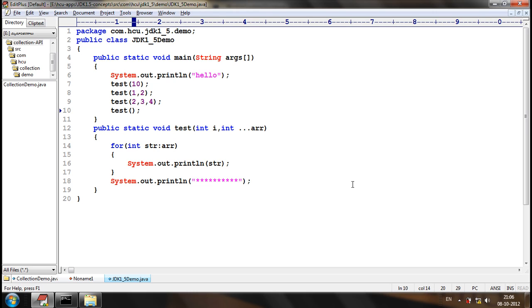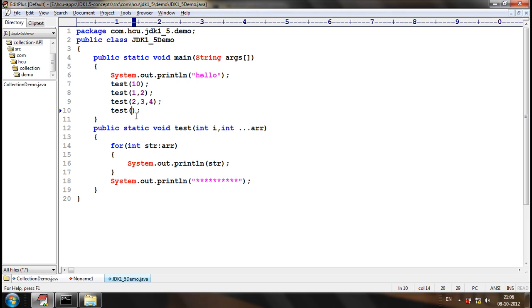To call this method, a minimum of one integer is required, just because the first is fixed. The first is not a variable number of arguments. The first argument is fixed, so at minimum we should pass one integer. After one integer we may pass any number of integers. Minimum one, maximum there is no limit of integers. Understand? Here we need to pass minimum one integer as the first argument. Then for varargs, we may pass any number of arguments.